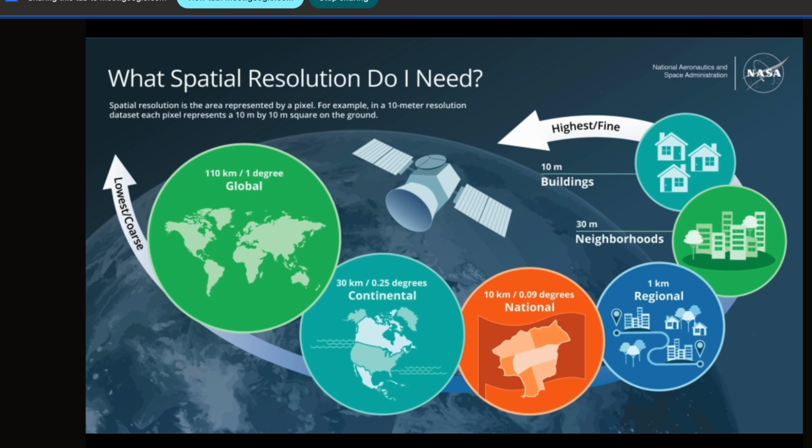So you will use lower resolution satellites there, then continental, then national, regional. Then when Google Maps is giving, if you look below, generally it will be written some 2 meter or 3 meter resolution. So you are able to see the streets in Google Maps. But if your resolution is further higher, say 1 centimeter, you would have been able to see humans also. So that is what spatial resolution is.